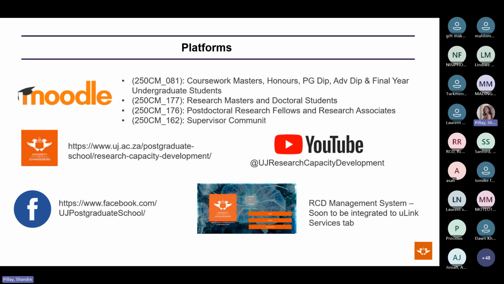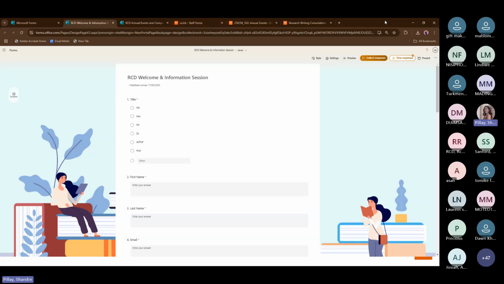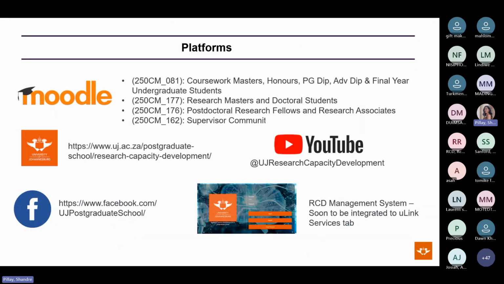The second is research masters and doctoral students. The third is postdoc research fellows and research associates. I'm so sorry, the fourth one is cut off. It's the supervisor and academic community. Just to stop here, I will show everyone how to log on to our Moodle community.